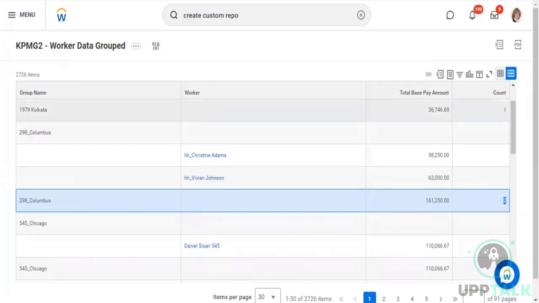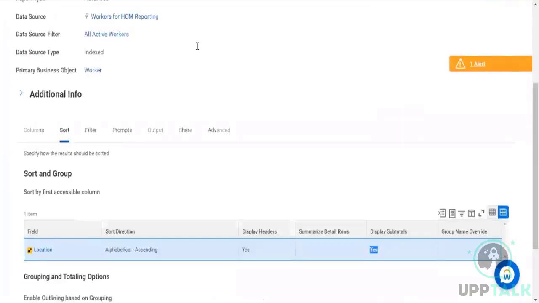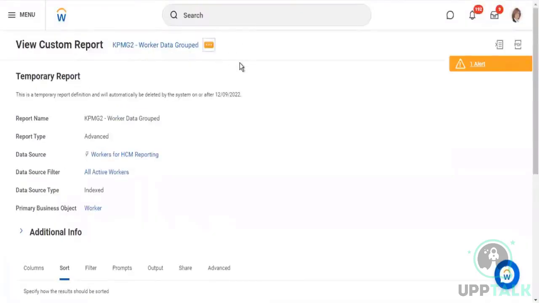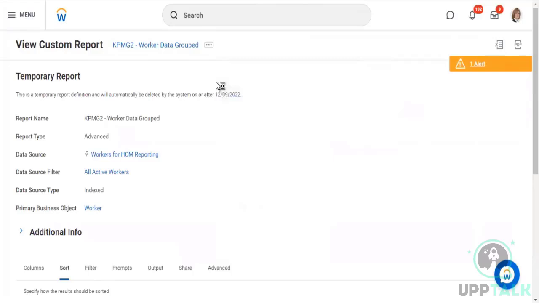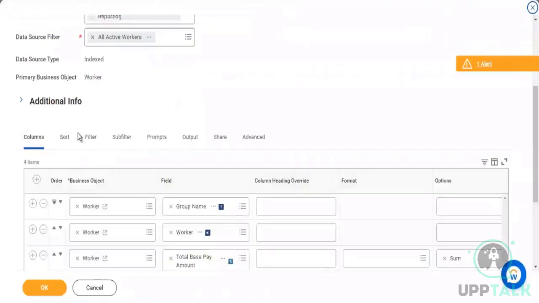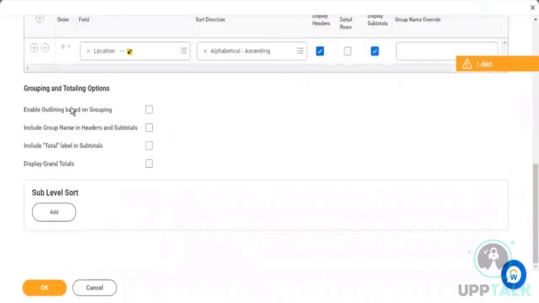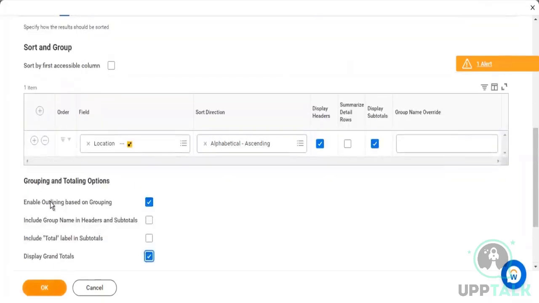Okay, we can go ahead and further refine this report. So what I'll do is there are a few other options. So go ahead and edit this report again. So this is fine, but what I'll also want is I want to enable outlining based on grouping. I want to display the grand total at the end. Let's see what happens when we enable outlining. So when we do that,